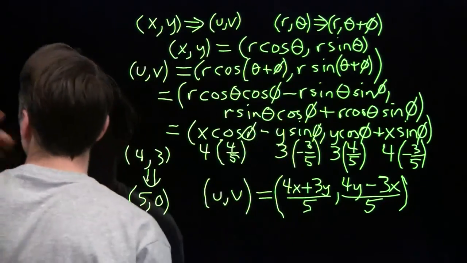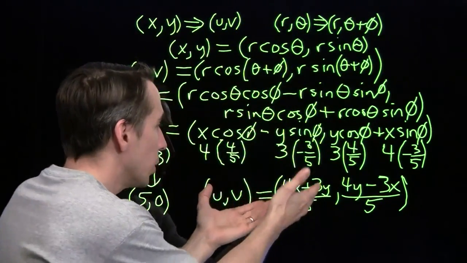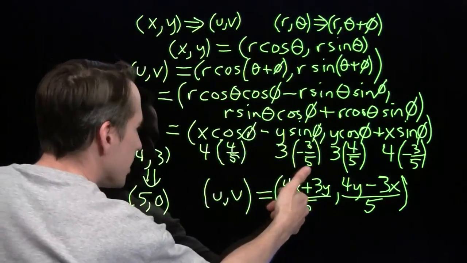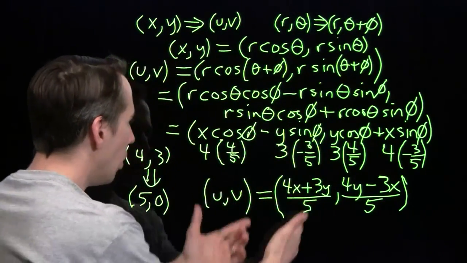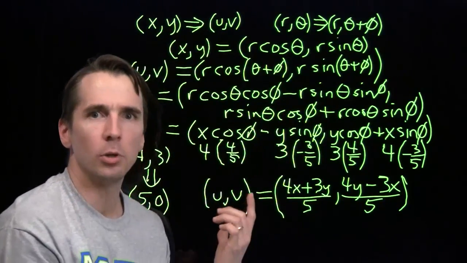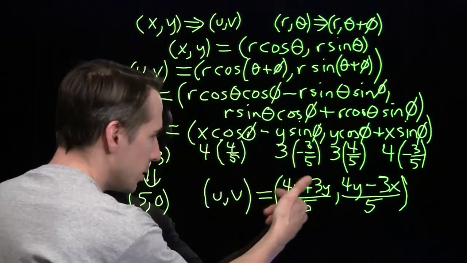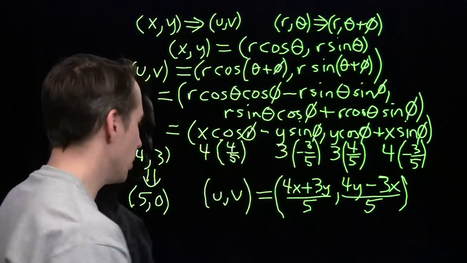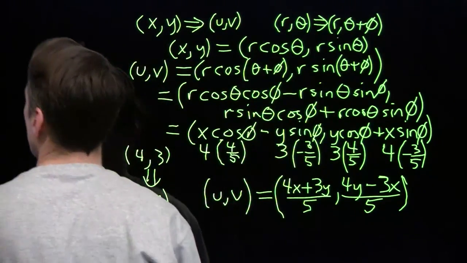And now this condition, which is horrible up here, is simple here. 4x plus 3y divided by 5. The magnitude of this has to be no greater than 1,000. This means the magnitude of u has to be no greater than 200. It's way easier to compare u to 200 than it is to compare this mess to 1,000. So this is my first clue that I'm doing something right. It took us a long time to get there, but I'm at least confident that we're eventually going to get there.